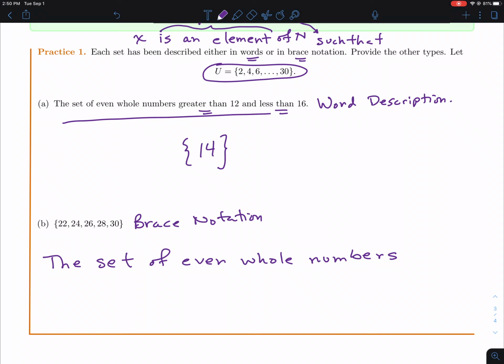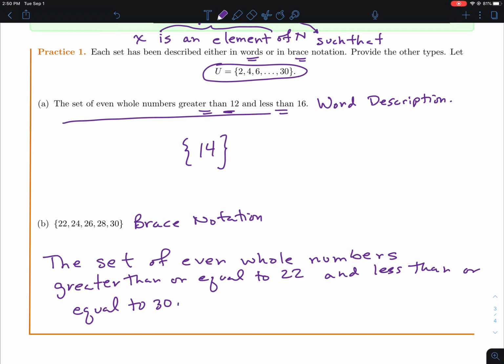Now this is up to you. If you want to do like they did here and use greater than, then we'd want to use the number 20. Or you could just do greater than or equal to, and then that would allow us to include the 22. For me, I'm going to do greater than or equal to. So the set of even whole numbers greater than or equal to 22 and less than or equal to